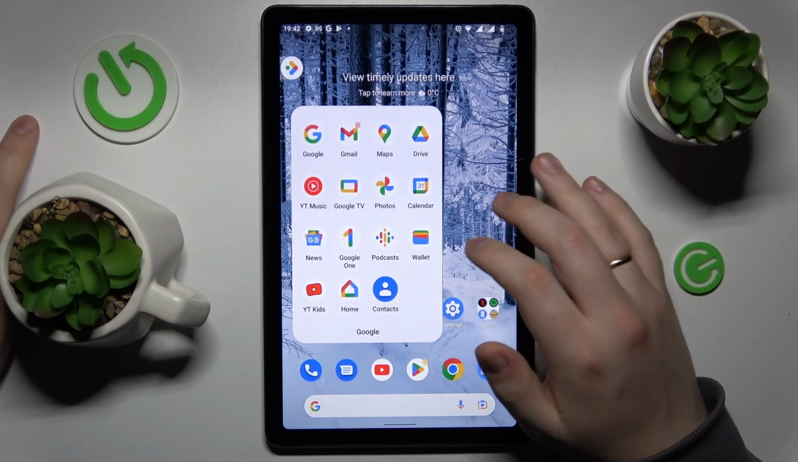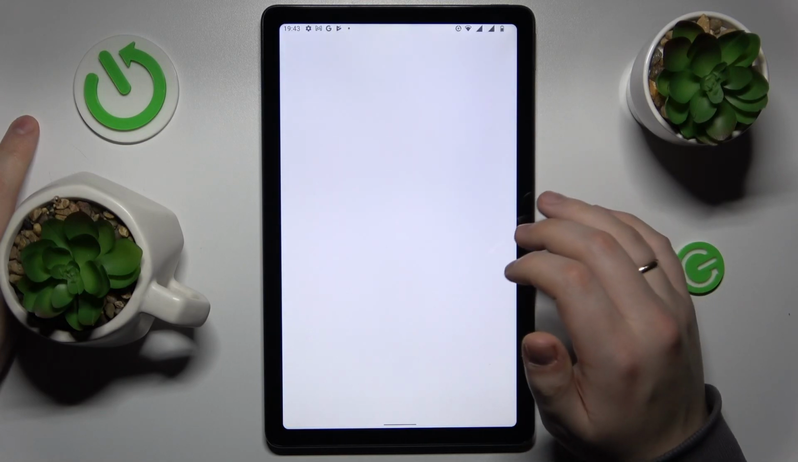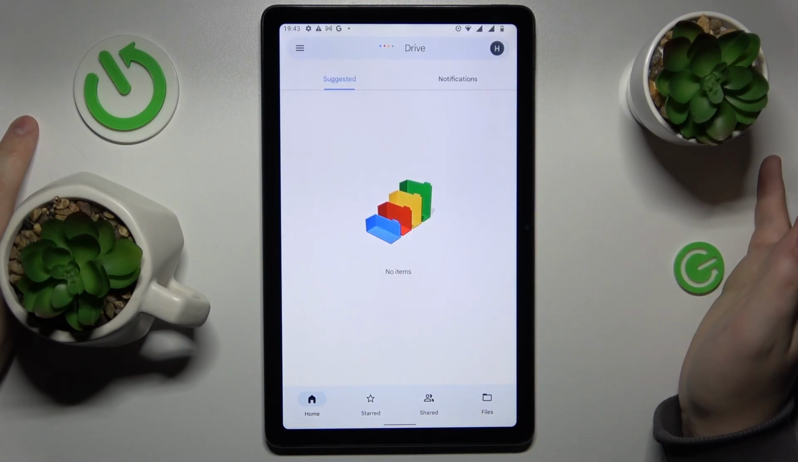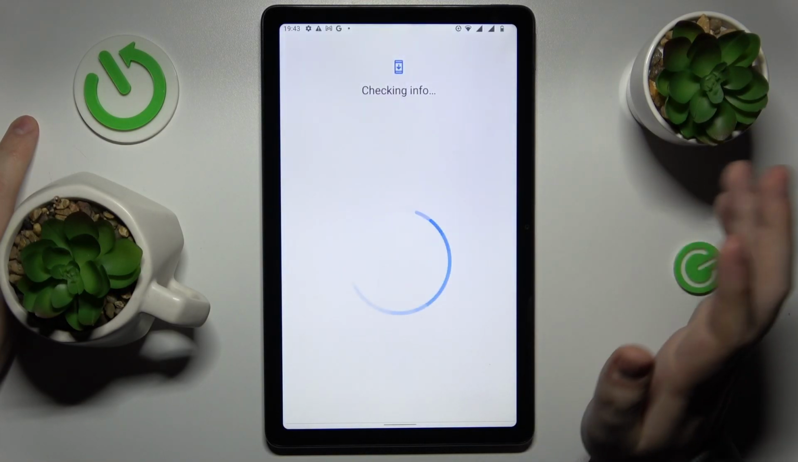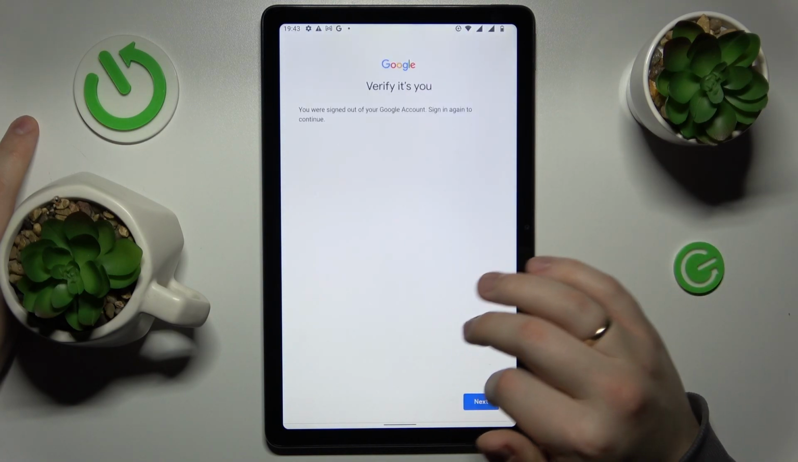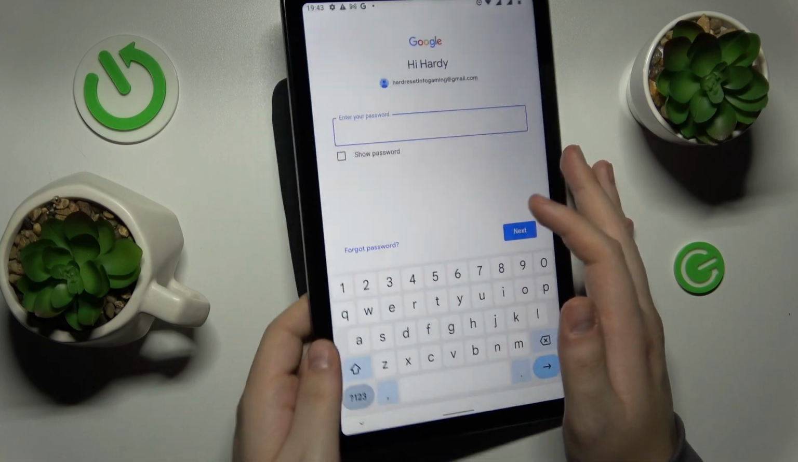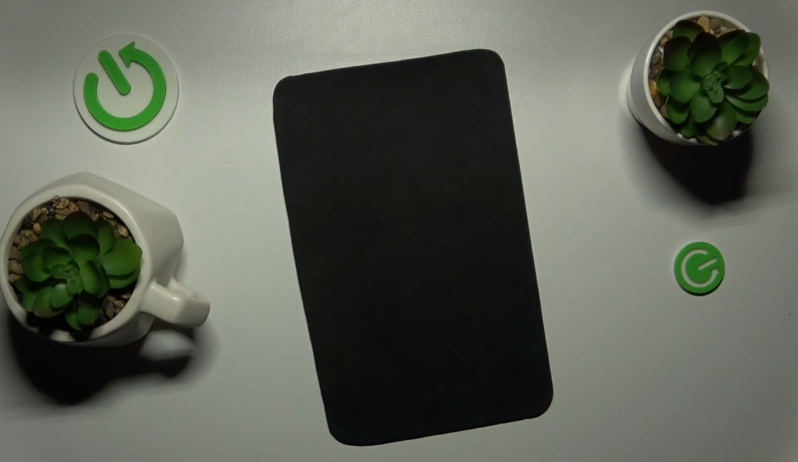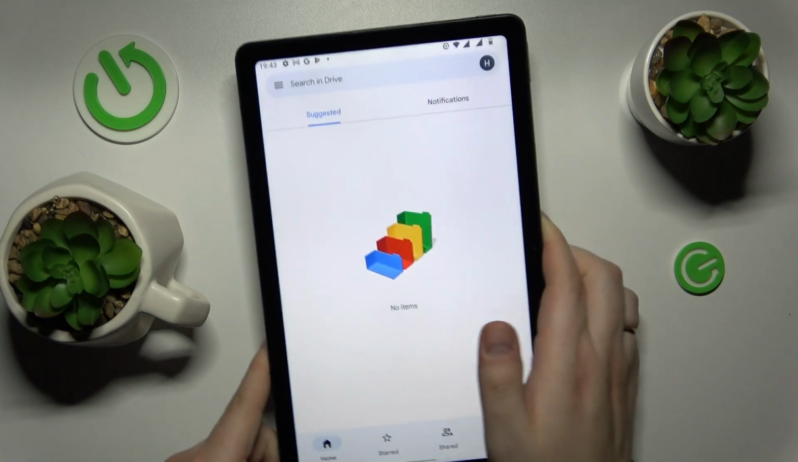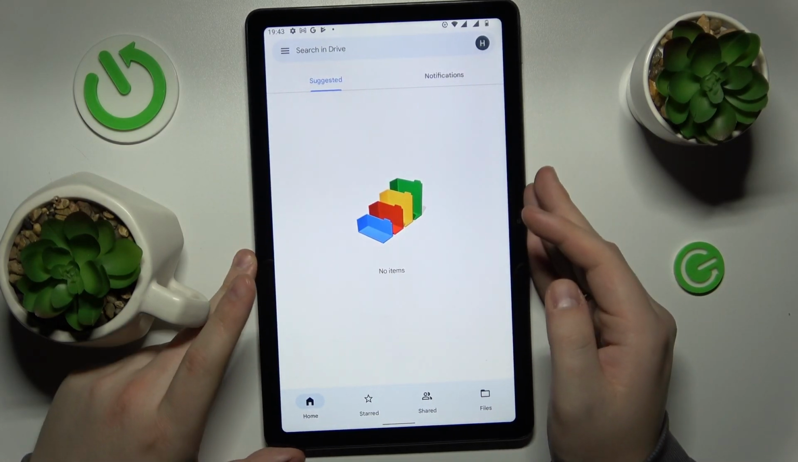So let's open the Drive app, sign into your Google account if you haven't already. In my case, as you can see, it requests that I enter my Google account password, just some random check. Let me do exactly that. Alrighty, so once at the app,